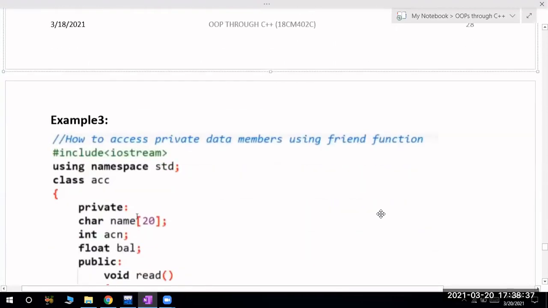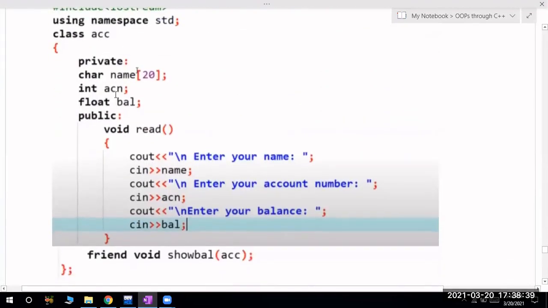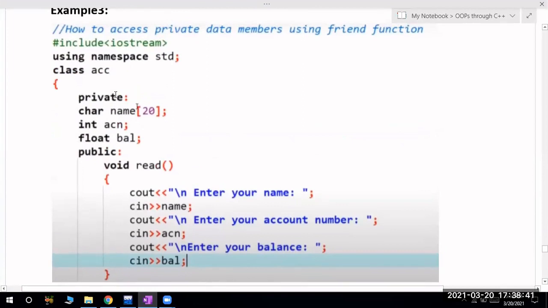So this we have discussed. This is also one of the examples. You can see this is very simple. Understanding the concept is what is important. If you understand the concept perfectly, then you can write your own programs. Whatever programs are there in the textbook, you can write on your own.